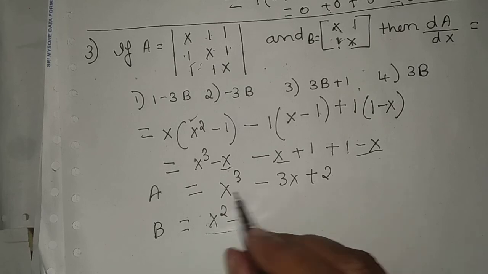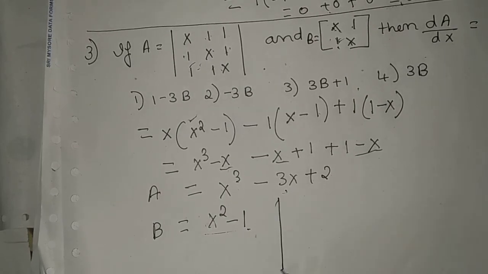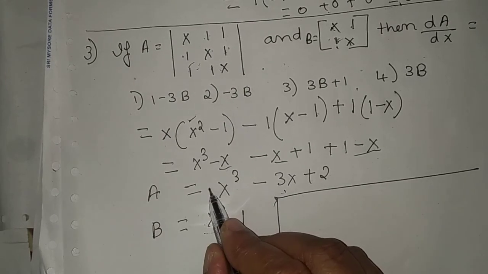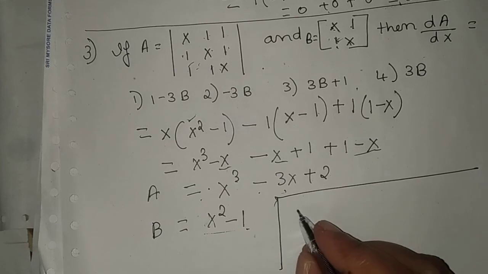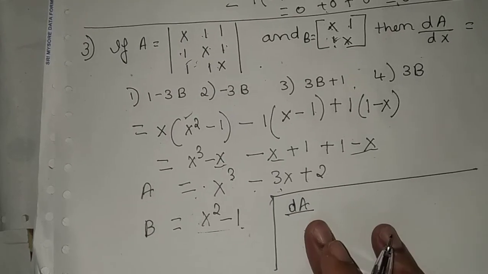So we are getting B, we are getting A. Now we have to find out dA by dx. So next step is, what is dA by dx? This one is A, differentiate this one. Therefore dA by dx can be written as,